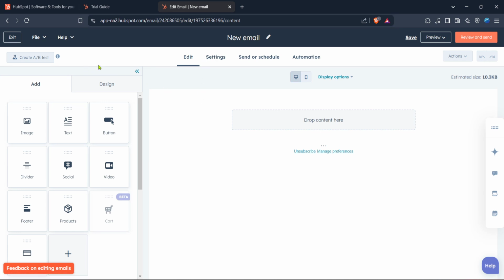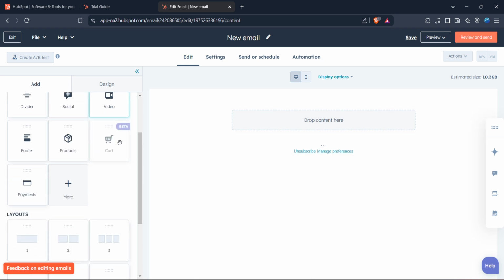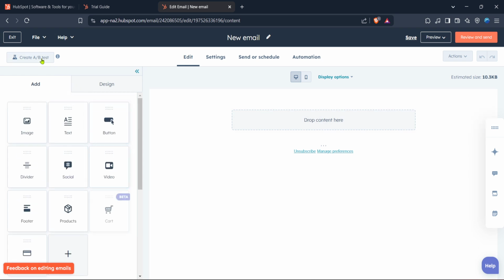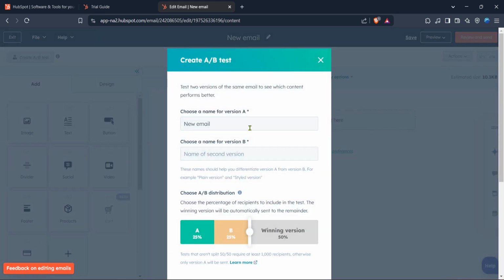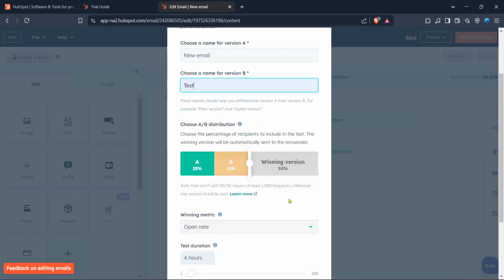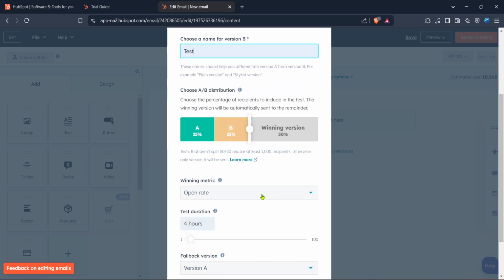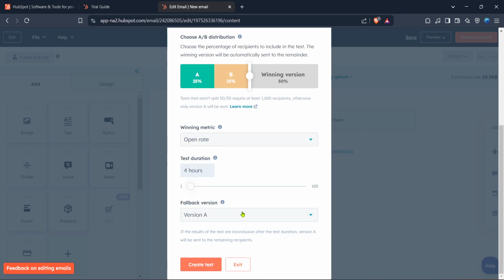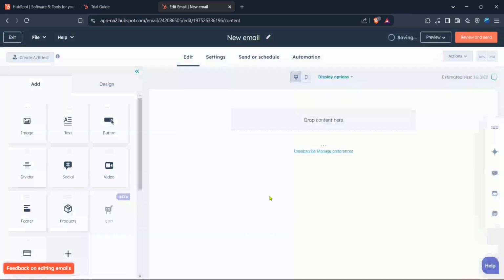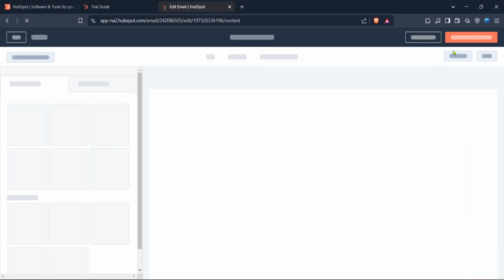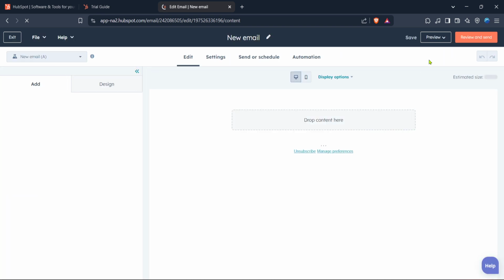Here, you'll see a list of the emails you've created. To begin the A/B testing process, select an email that you want to optimize. Simply click on the email from your list and it will open up for editing. Now comes the exciting part, creating your A/B test. Look for the option labeled Create A/B Test and click on it. This option is specifically designed to help you experiment with different versions of your email. It will allow you to tweak things like subject lines, content, or even send times to see which variation resonates